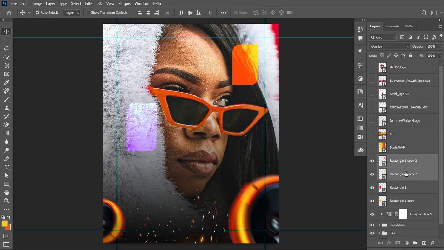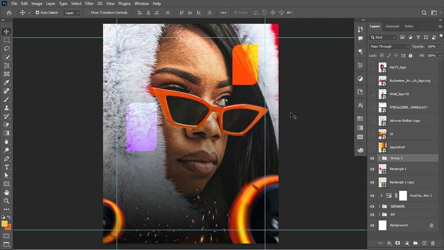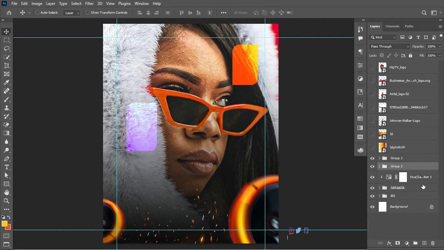So I'll select these two layers on this end here and group them. Okay, I've grouped this, so I'll select this as well, hit Ctrl G to group it as well. So I'll call this policy, while for this I'll call this date and time. This is where I'll be placing in my date. So I'm trying to organize